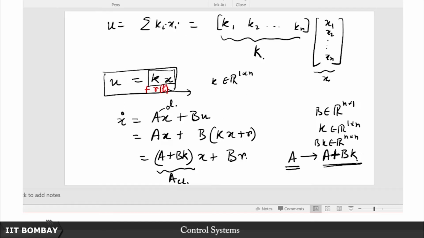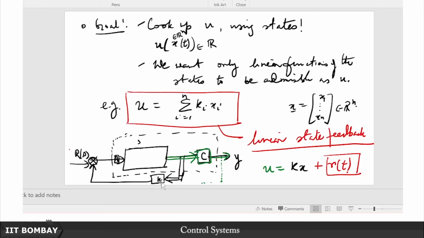Not just that, there is this thing about this K which is in my hands, so I can choose. The A matrix of the system, that is a given, that is fixed, I cannot lay my hands on that, that is about the system's internal dynamics and its parameters and its system's ambient values and things like that. So that is intrinsic to the system, nothing I can do about it. So also is the B matrix, it is a function of all those system parameters, but this K is something that I am choosing, that is of my choice, the designer gets to choose what this row vector K is going to be like.